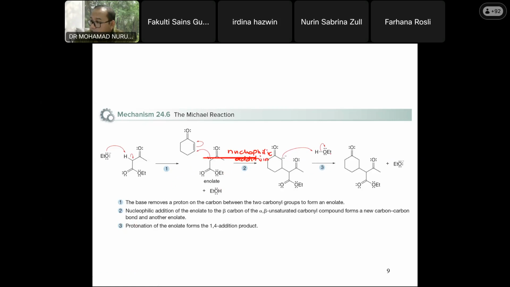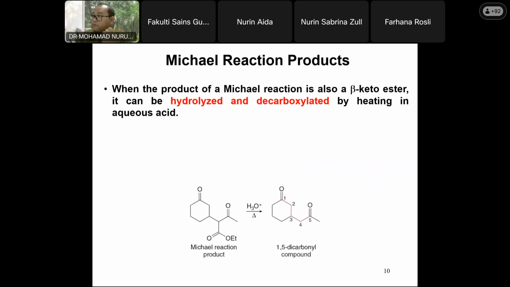Nucleophilic additions, and this one is a protonation. So this is a very simple mechanism in terms of Michael reactions, because the Robinson annulation is the combination of two reactions. For the Michael reaction products, the product is also a beta-ketoester,